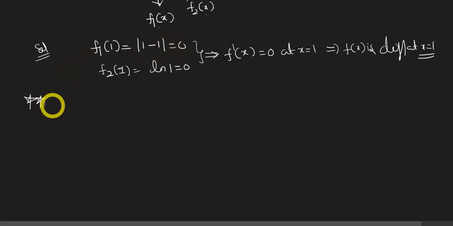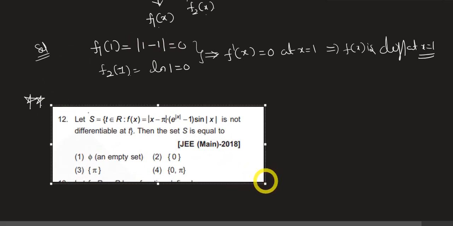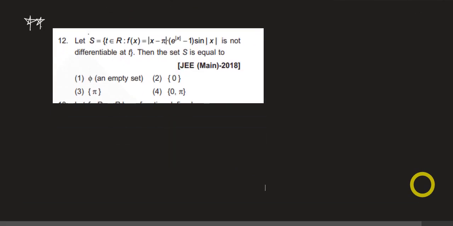Okay, so like that, there is one previous JEE question in the 2018 offline paper. This question can be solved within 30 seconds, or it can take 10 to 15 minutes. In the normal way, you would check the left hand derivative and right hand derivative, and if both are equal, then the function is said to be differentiable at x is equal to a. But there is no need to do that much lengthy work.